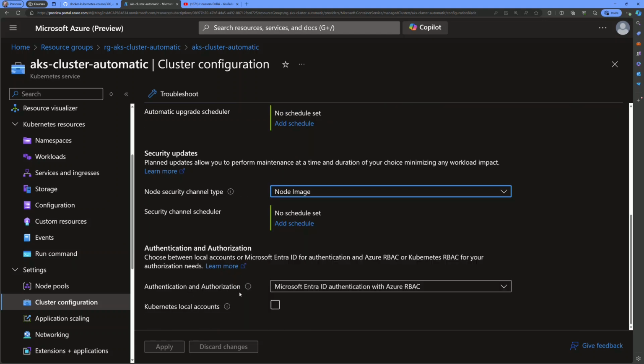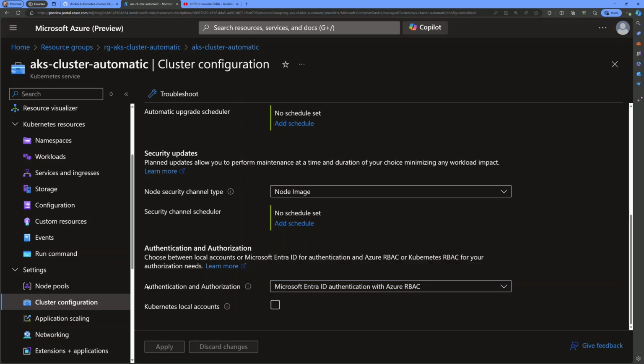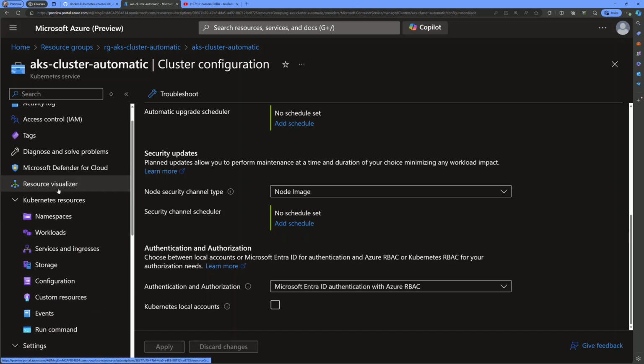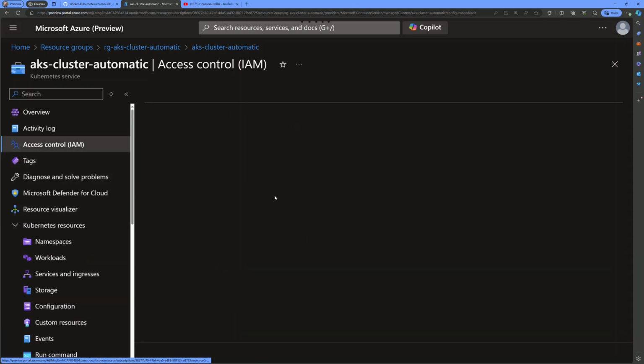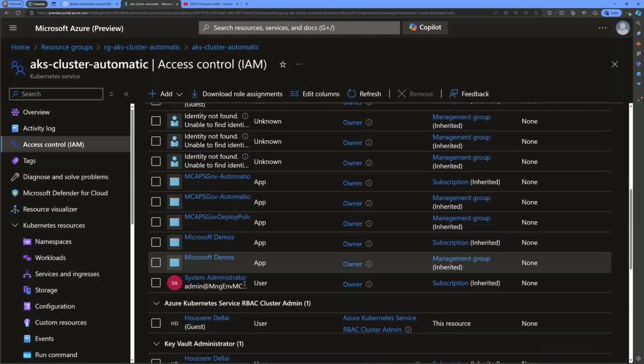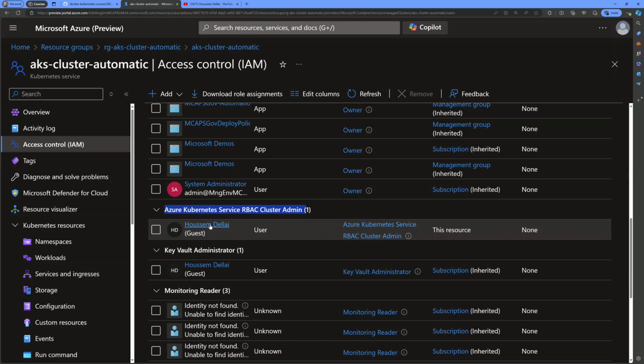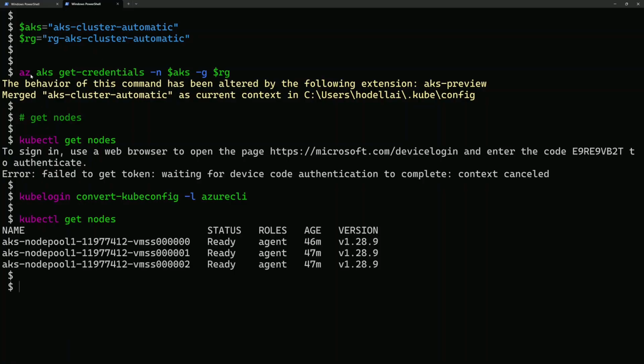And in terms of authentication and authorization, here the cluster is configured to use Microsoft Entra ID for authentication and Azure RBAC for authorization. This means that anyone who connects to the cluster needs to go through the authentication and authorization through Azure RBAC. So for myself, when I first created the cluster, in terms of access control, you will see that I was added by default to the role Azure Kubernetes Service RBAC Cluster Admin. So I'm there,